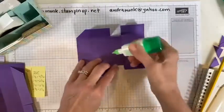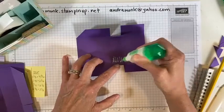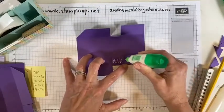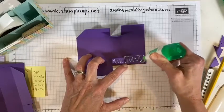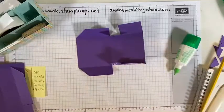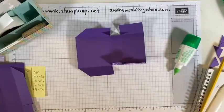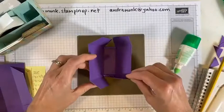Okay, so what we're gonna do is put a little glue here, and then we're gonna put glue here. This is how I found it went together really nicely. Let me get an adhesive, hold on, because I have a brand new grid paper out and I don't want to get it messy. Let's get an adhesive. Okay, so then I'm gonna put this side up,